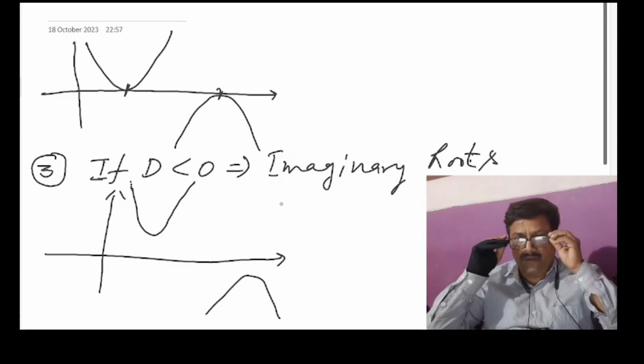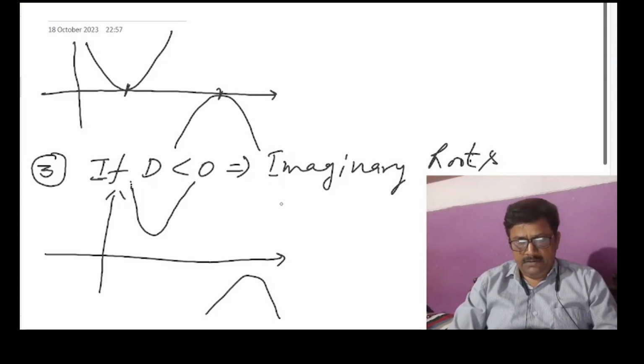I hope you all will be entirely clear. Now in my next video, I will finish this topic, in which we will learn when the quadratic expression is positive, when y, ax square plus bx plus c, is positive, when this is negative, when this is equal to 0, and also the maximum and minimum value.